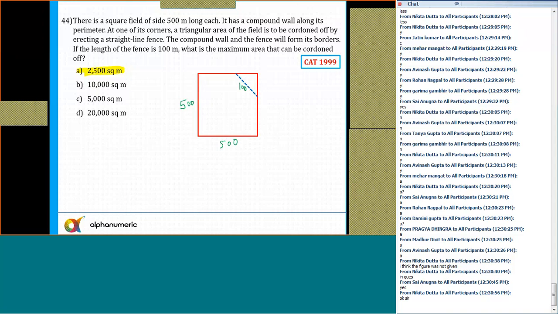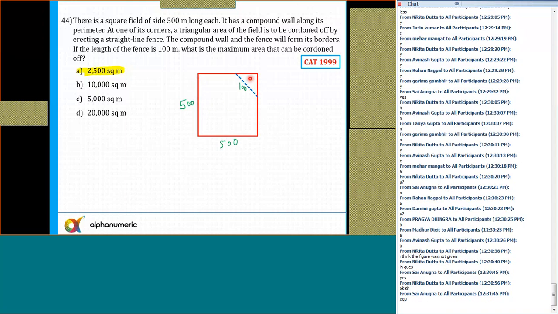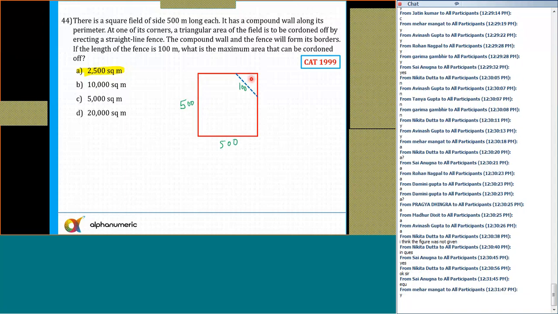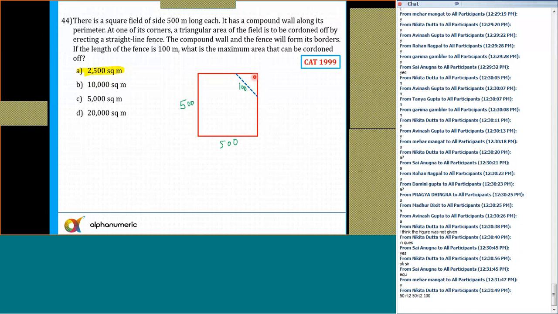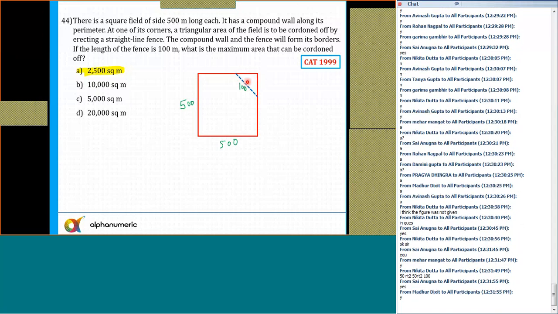Tell me, are all of you getting this 2500? For the area to be maximum, can you say that the smaller triangle must be isosceles? Yes or no? This triangle should be isosceles? No, it can't be equilateral because this is 90 degrees, so it has to be isosceles. We know that in most of the maximum and minimum questions, we need to take all the terms to be equal.